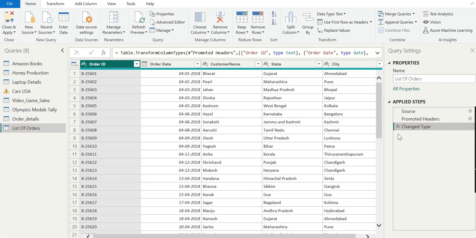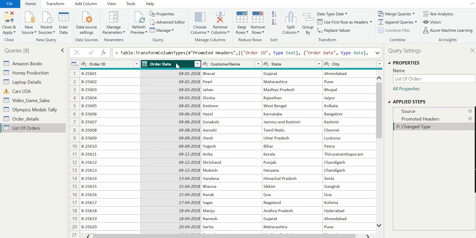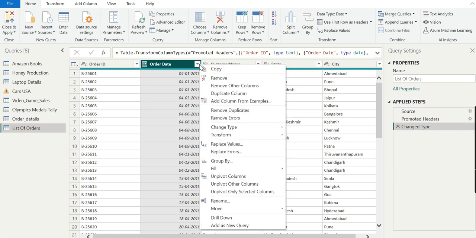Now what you need to do, there is a column order date, and this is also a column in the previous data set. You have this in order details, so it may lead to problems when it's the same data across different tables. So first, select this one, right click and remove it altogether because we really don't need this one.